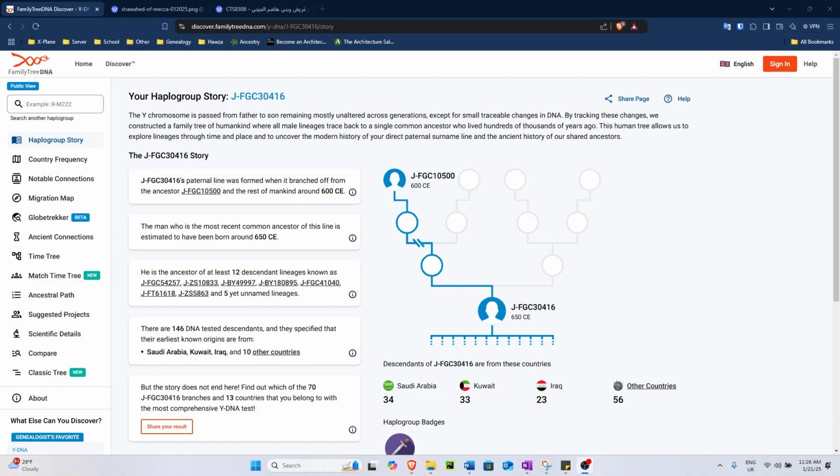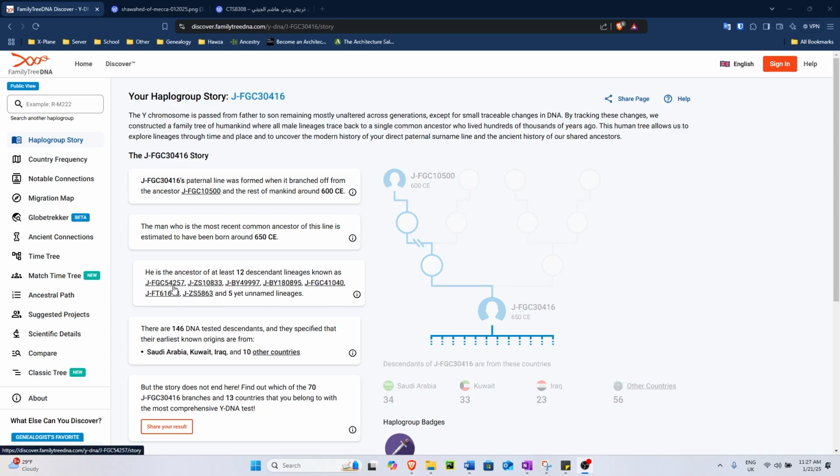Everyone descending from FGC 30416 claims a descent from Imam al-Hussein alayhi salam, of course. Who would not want to claim such a blessed lineage, which we have seen that in other branches of L859 people have claimed other Hashimi lineages, which seemed more preferable and gave a higher social class at the time. So of course we see the TMRCA matches essentially exactly that of Imam al-Hussein alayhi salam, and we should now observe the FGC 54257 mutation, the grandson of Imam al-Hussein, Zayd al-Shahid.